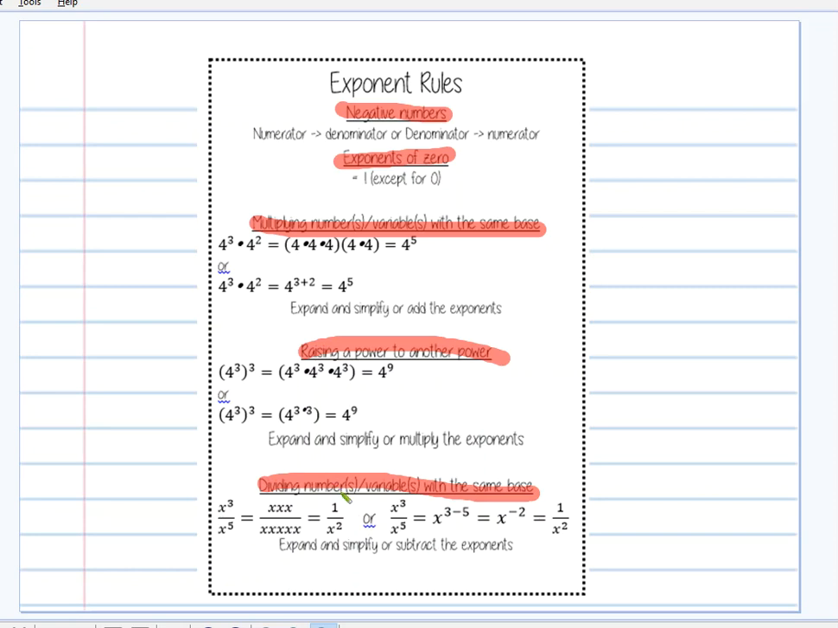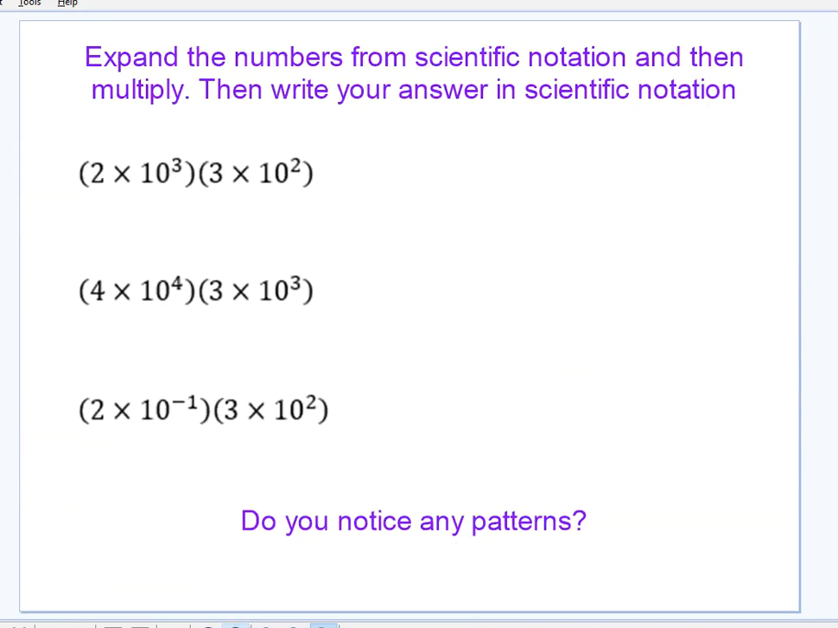Or you can think of it even as the expansion and simplify. So take a minute, this is the second part of the lesson today: go ahead and expand these numbers from scientific notation first, then multiply them. You'll get some large number, and then write your answer back in scientific notation. Just as a reminder, scientific notation is numbers that are written that are 1 or larger,